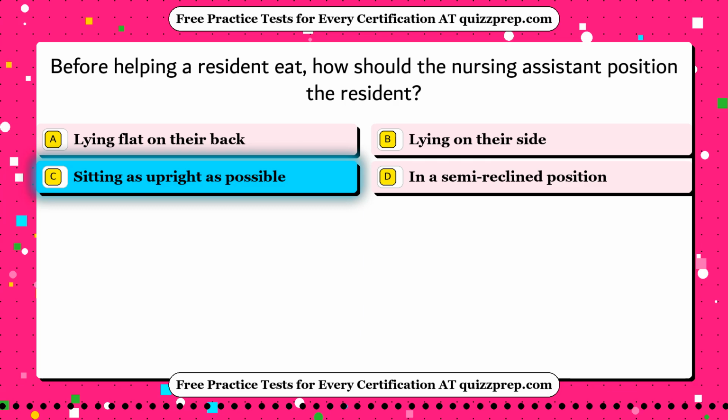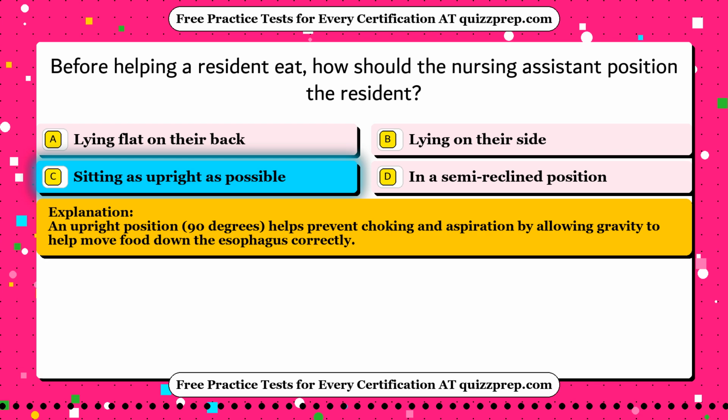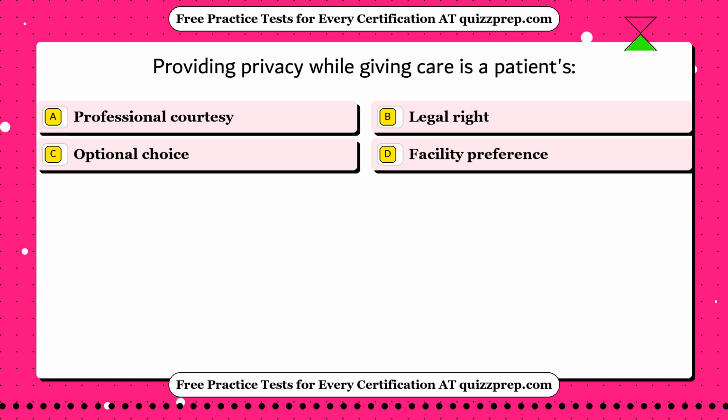The correct answer is option C, sitting as upright as possible. An upright position, 90 degrees, helps prevent choking and aspiration by allowing gravity to help move food down the esophagus correctly. Question 75. Providing privacy while giving care is a patient's: